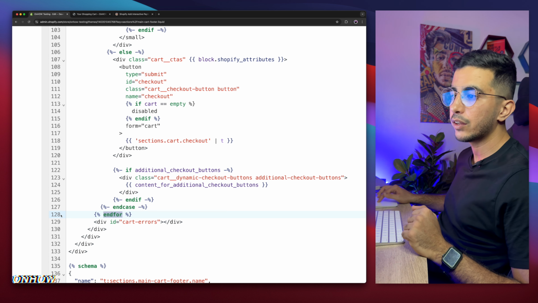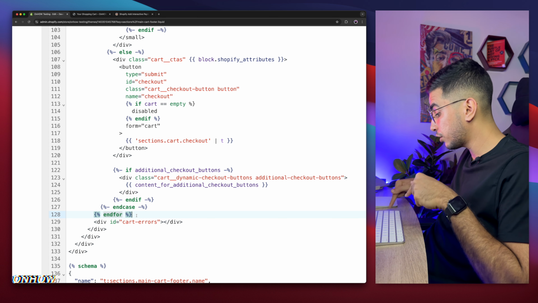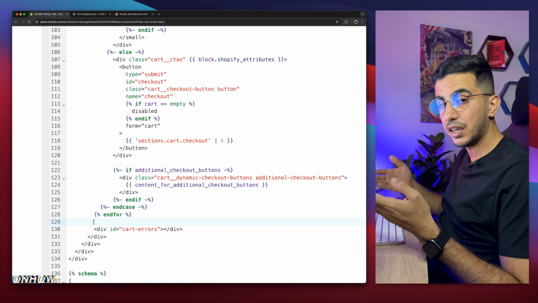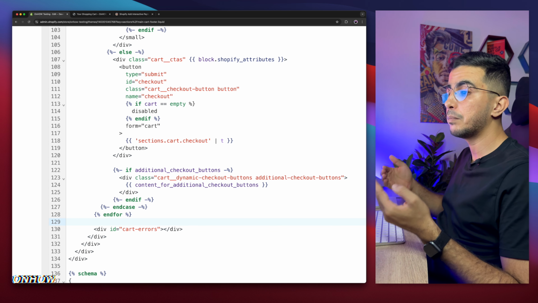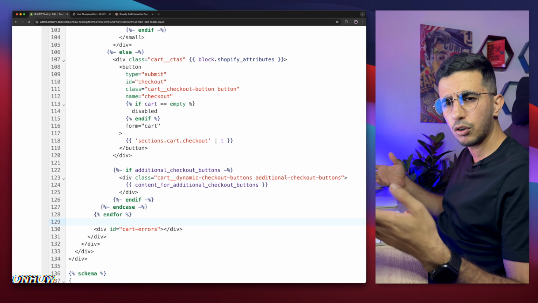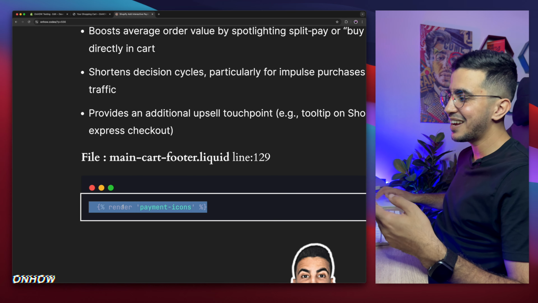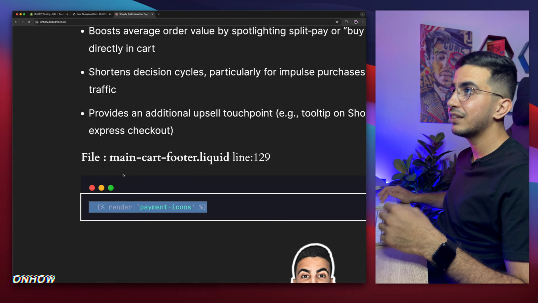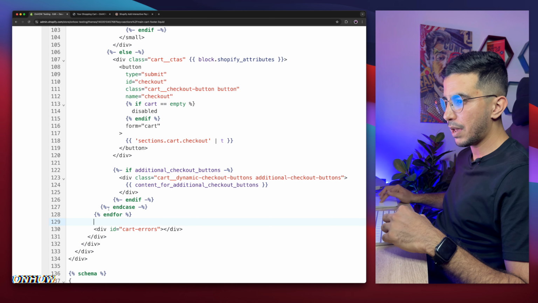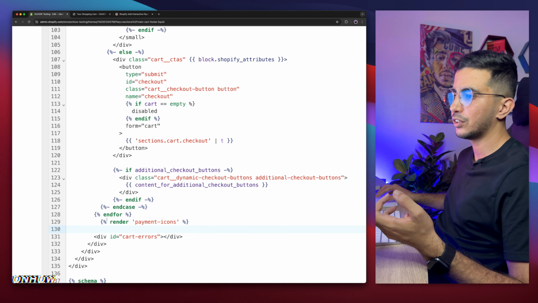End for at 128. So after you find it, click in front of it just like this, then hit enter on your keyboard to create a new space below it so we can paste in our code. And we're gonna get that code again from my website. As you can see, just one line. Select the code in here, copy it, get back in here, paste it in the space that we created,